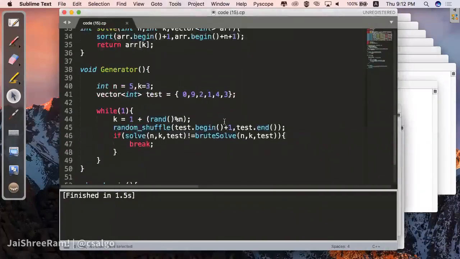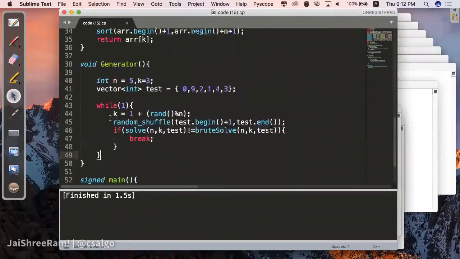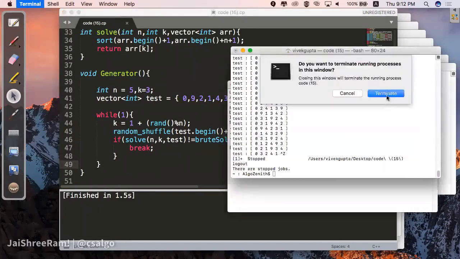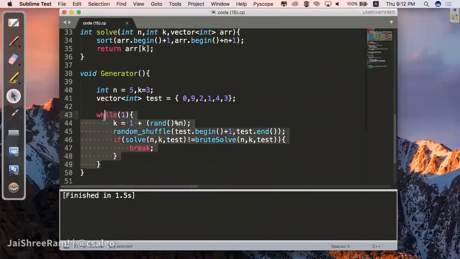But preferably use this debugging technique that, once you have written the code, you can just write functions which check then and there in the C++ itself, because you should have good hands-on with C++ by now, and you should be able to write codes which just loop and generate random inputs. So just generate random input for your code, give it to the function that you're solving, and just check whether you are getting the same as the brute force solution or not. Okay.